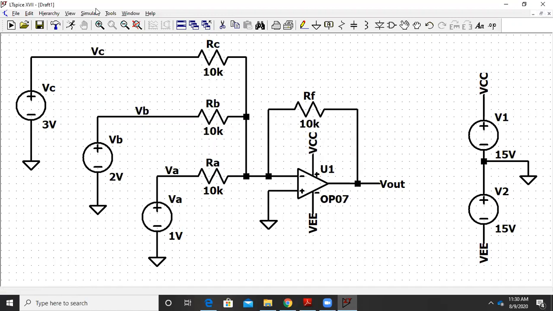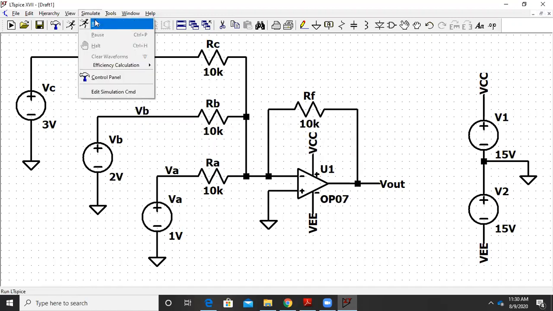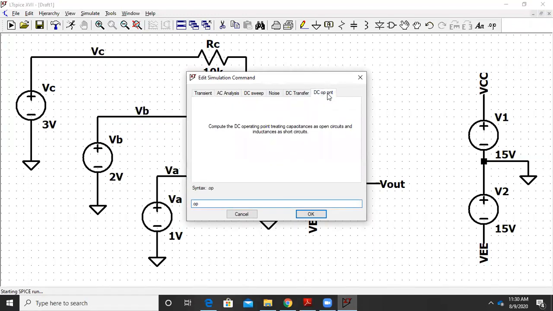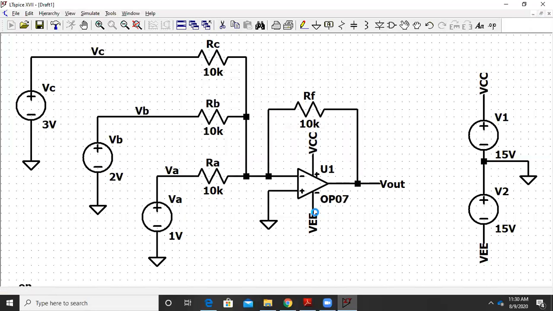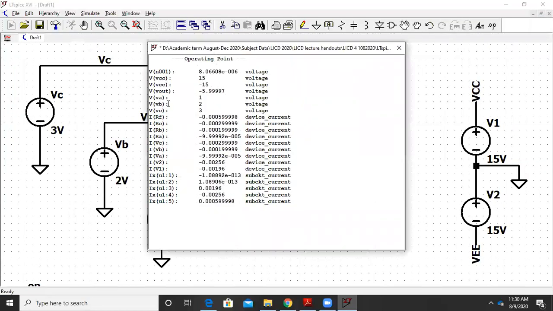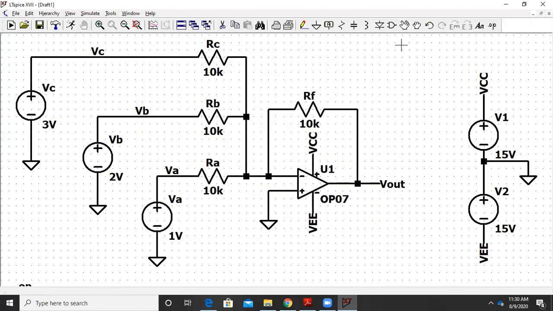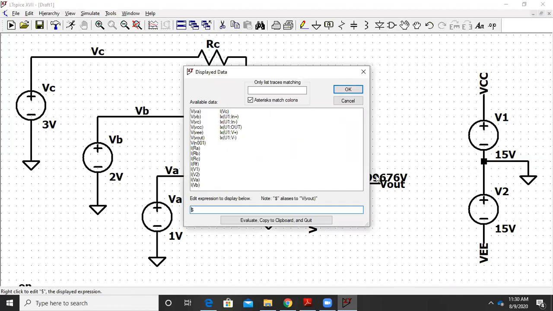Once it is ready, we'll click on simulate, click on run, and we'll select DC operating point, since we are only calculating the DC voltage at the output, and we'll click on OK. Immediately it will show the value. Here you can clearly see V out is minus 5.9997. How can we bring it into the circuit? Just go to the output wire, click on it,